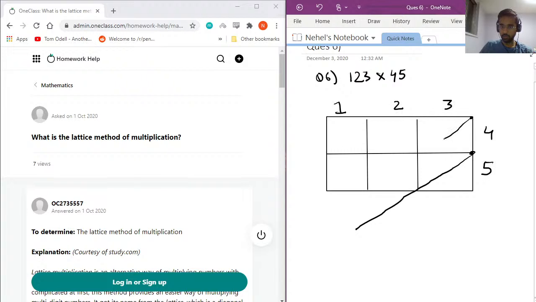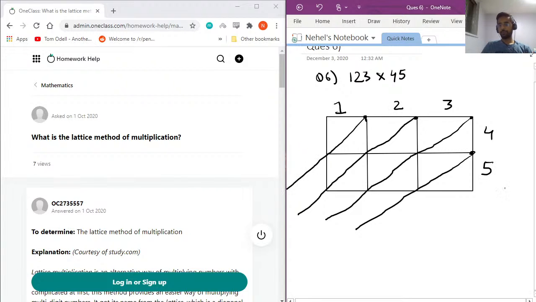This, we would go to this point here and then keep going to the next point, next diagonal. Similarly for this point, we would go to this diagonal and then keep going to the next diagonal. And then for this point here, we would keep going to this diagonal. Alright, so now that we have drawn all the diagonals, the next step is to multiply the number here with